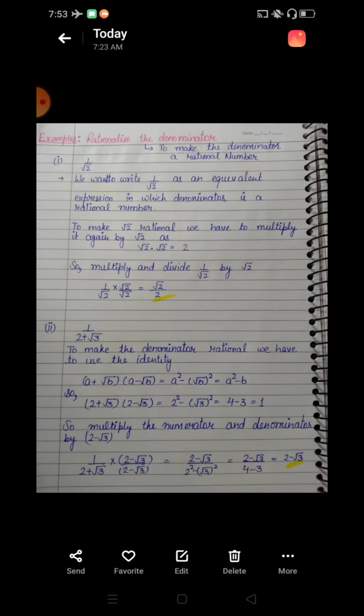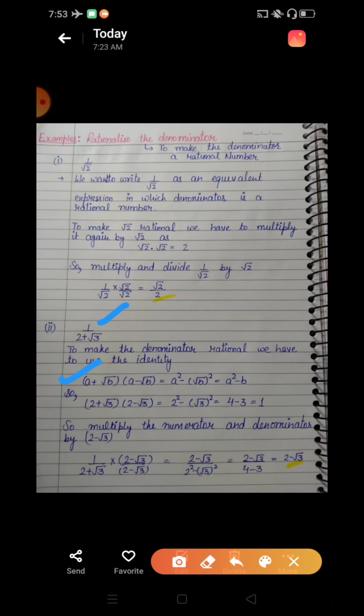Now let us go for the second one. That is 1 by 2 plus root 3. To make the denominator rational, we have to use some identities. I have told you about some identities in the last topic. Here we have to use those identities, and the identity is a plus root b, a minus root b. We have studied one identity, a plus b, a minus b is equal to a square minus b square. Here we have modified this one in this way, a plus root b, a minus root b,